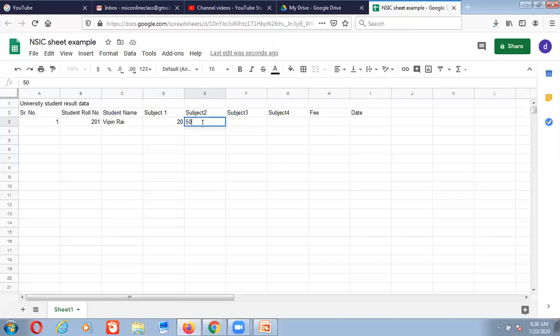But when we come out of this cell after pressing tab or enter, the value is right shifted. So by default, we can understand that if you input a number in a cell, it is always right shifted. And when you input a text or a string, it is always left aligned.